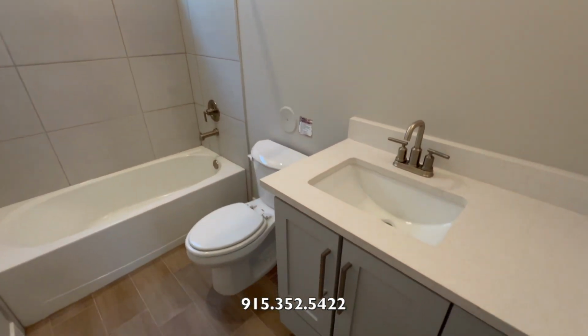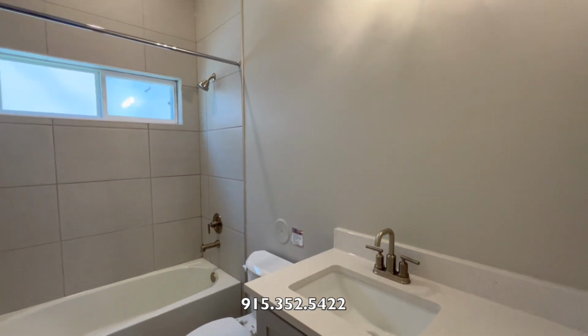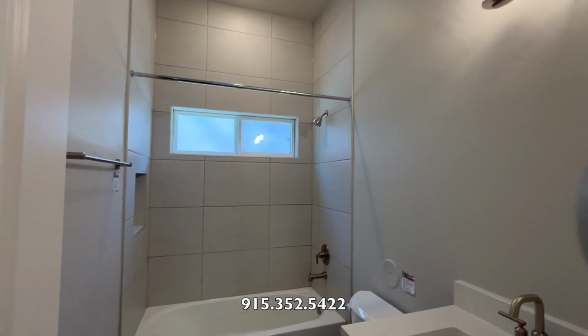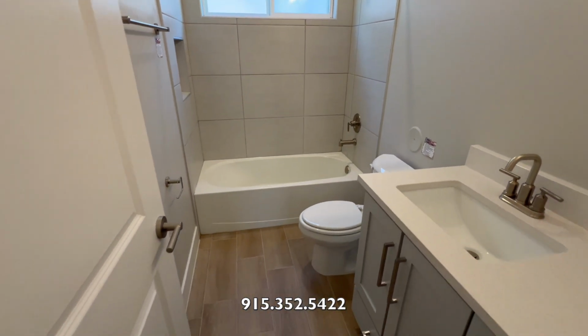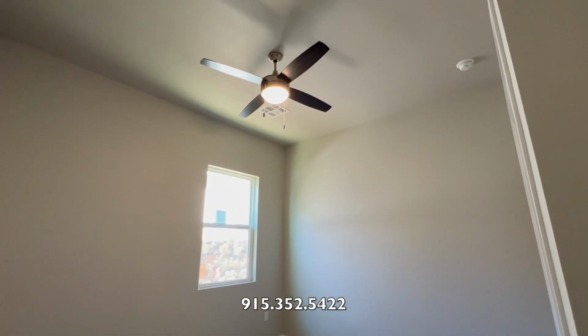They're a decent size. You can probably fit like a full-size bed, maybe a queen. If you put a queen in there, it'll feel a little stuffy. They took out the mirrors as a standard feature, or they might just be waiting to put them in towards the end to make sure nobody steals them or they get cracked or something like that. But anyways, the price being